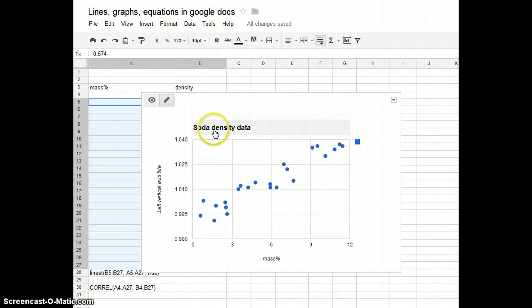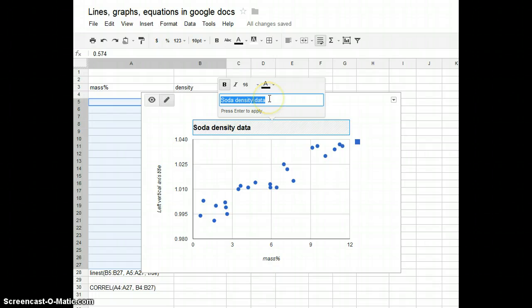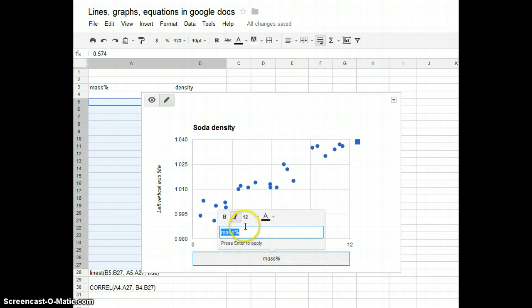I do want to point out, so we edited the title. I can go in and change the title later. If I click on that, I can go in and change it if I want. So let's just make it density. I can go in and change that as well. Change the font size, we can do all that stuff. Can also, if I escape out of that,